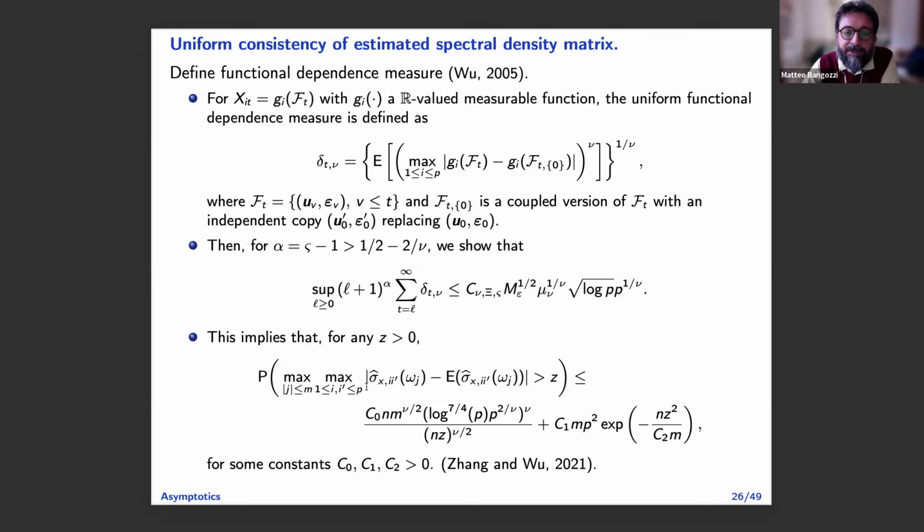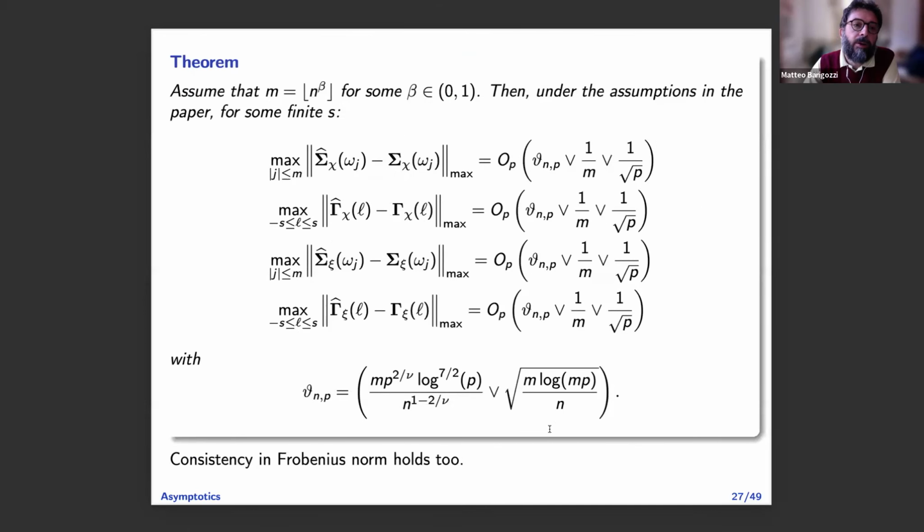So if our process satisfies this, our estimator of the spectral density satisfies this, and then we can work out the rate of convergence, which is here. What we prove is that uniformly over all entries, that's the max norm, and over all frequencies, that's the max here, the spectral density estimator of the common component, obtained by dynamic principal components, so principal components on the spectral density of the data, converges to the true one with this rate, which is made of pieces, one is here, and the others are 1 over m and 1 over root p. M is the bandwidth, and now we'll comment on this.